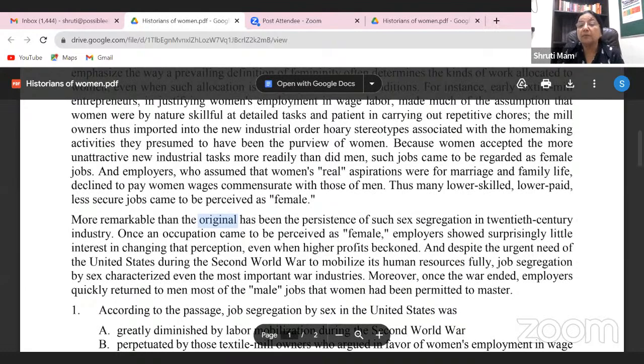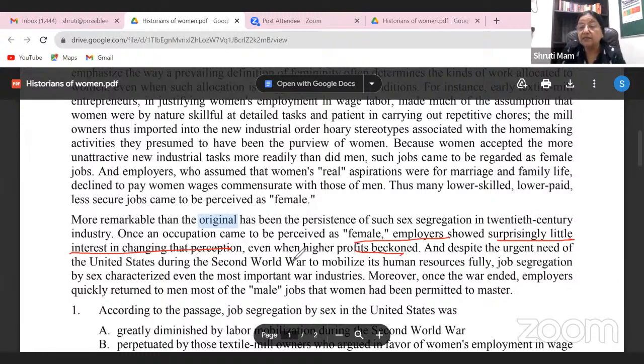Once an occupation came to be perceived as female, employers showed surprisingly little interest. Can you see that? He's giving so much support: little interest in changing that perception, even when higher profits beckoned. So they showed less interest. And despite the urgent need of the United States during the Second World War to mobilize its human resources fully,